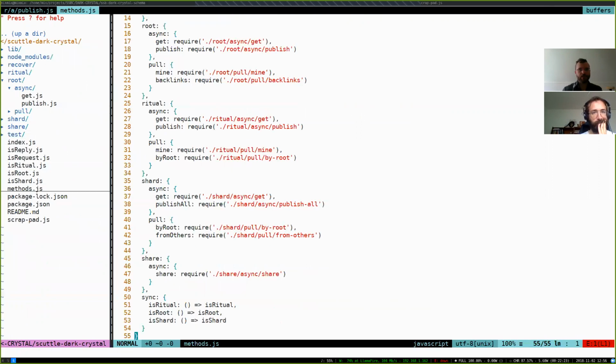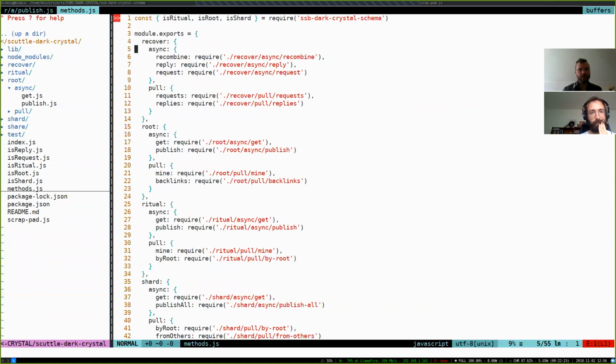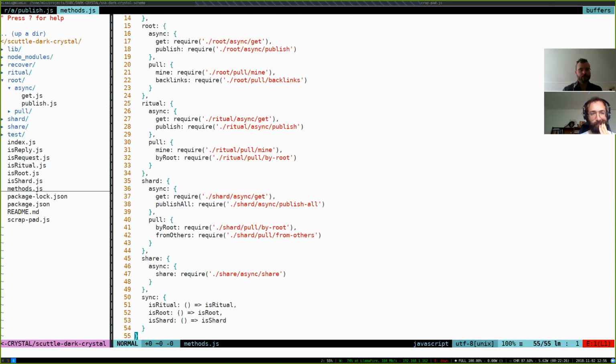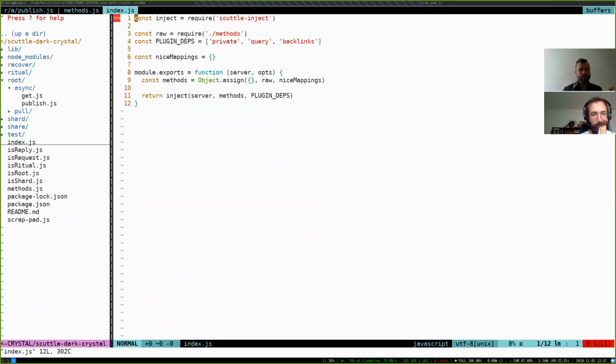So here's all of the methods, and there's another layer that I'm going to come back to, like why they're nested like this. But here is root async publish that we were looking at. So this is all of those methods, and then the index.js takes all of those raw methods in. I've called them raw because nothing's been done to them. And then we run this